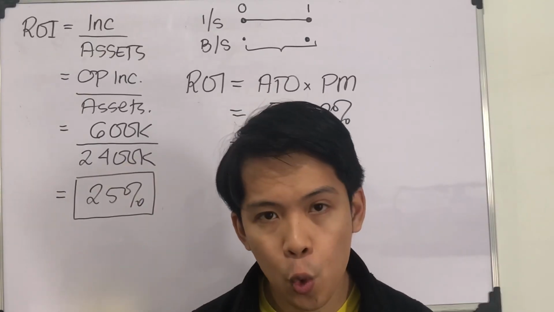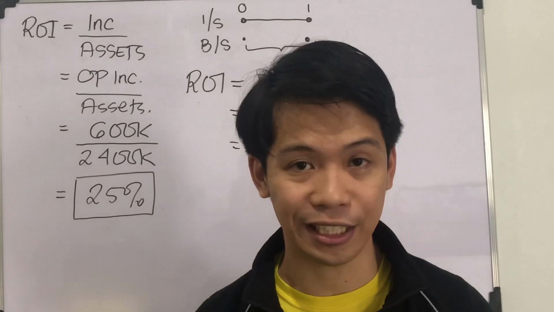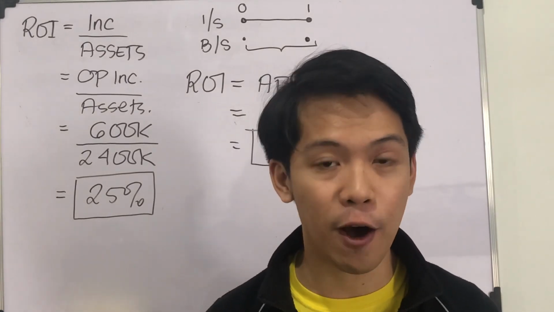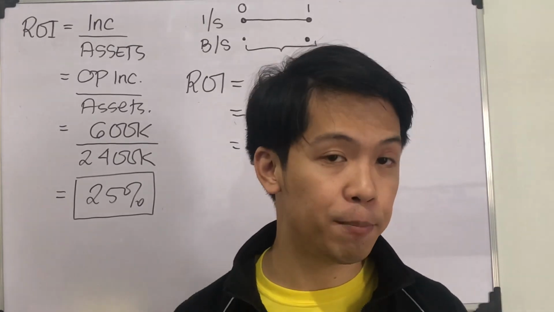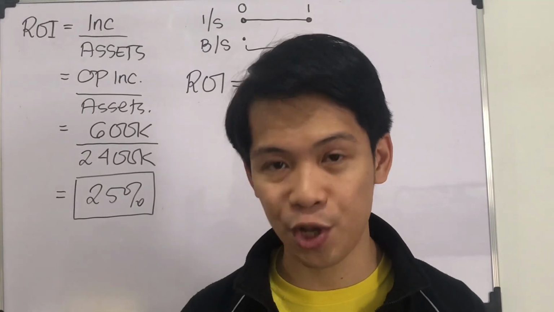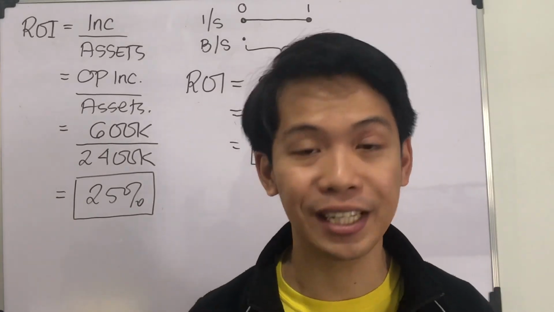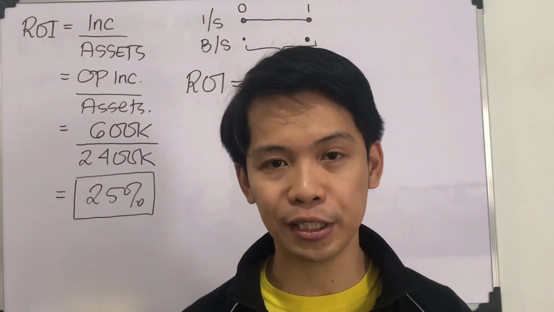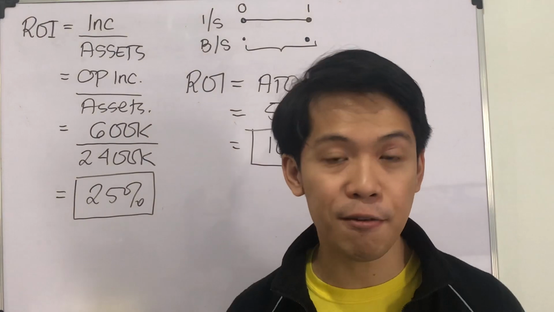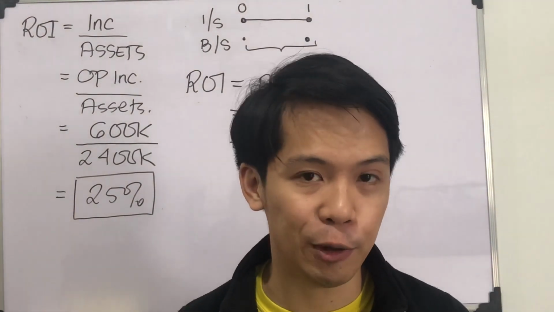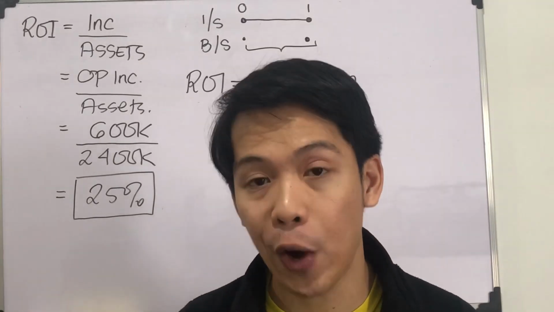What does it mean? When you increase your asset turnover, you're basically making good use of your assets. Sales can be an indicator of utilization. The more you sell, the more you use your assets. A factory producing goods would be considered well utilized if it produces more goods. If it will produce more goods, it can generate more sales. Hence, sales can be used as a representative of utilization. The more sales generated for a given amount of assets, then it follows that you are utilizing your assets well. That is one way to increase your ROI.